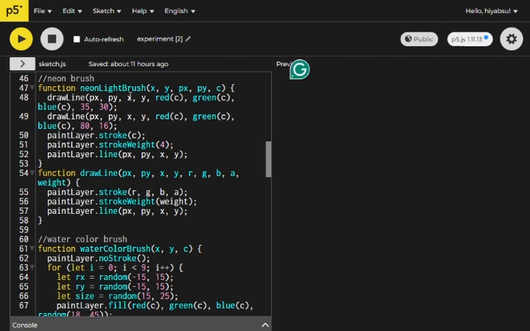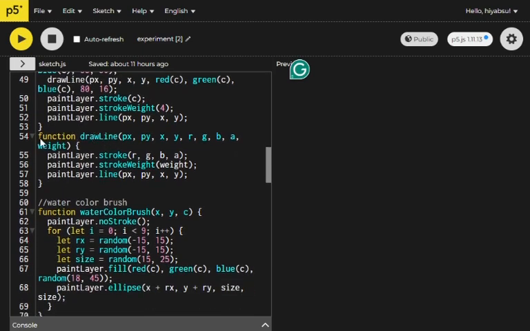Inside it I used a helper function called draw line. I had used it multiple times with different transparency and thickness to create a glowing neon effect. And I also used stroke weight, stroke and line to draw the final sharp center line of the brush stroke. Then I created this draw line function to simplify repeated glowing line drawing, and it controls the stroke color, transparency,